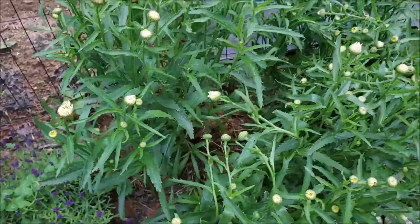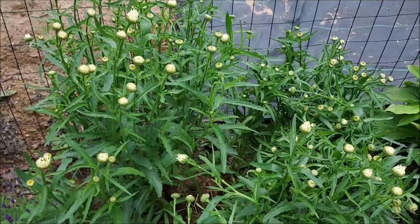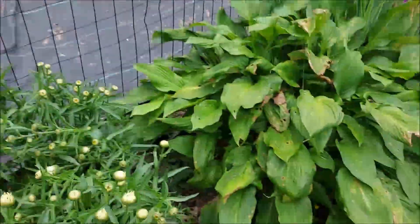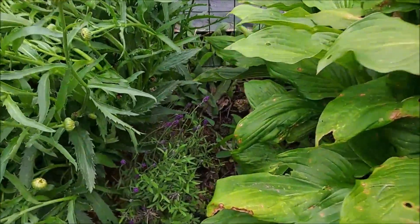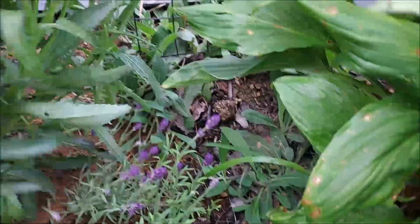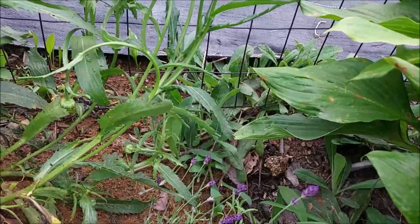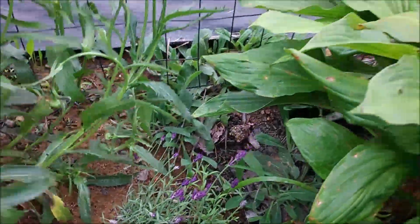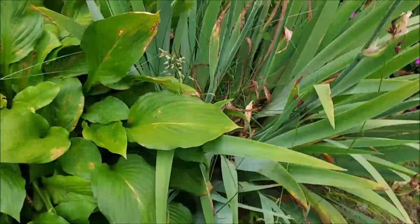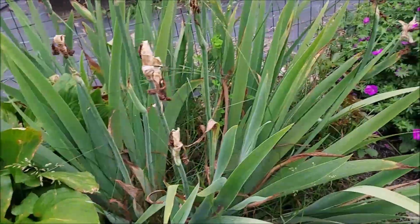And more daisies, which are getting out of control. I'm probably going to have to split these up, because look, here's another little lavender plant that's trying to survive. I think I may just get some rope and pull this back so it can get some sun and some air. Hosta is also going crazy, and our irises are done blooming now, but they are also getting